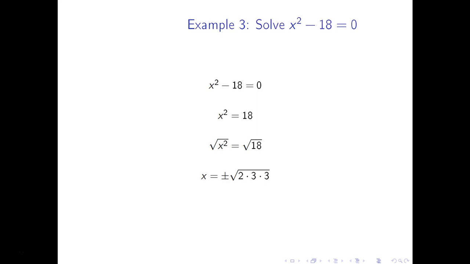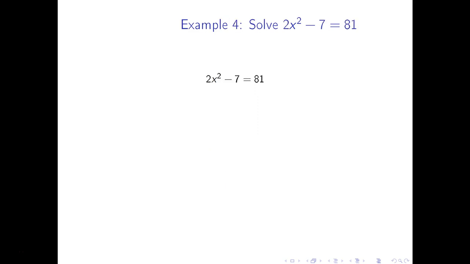So x is plus or minus the square root of 2 times 3 times 3, and that gives me plus or minus, well, I get a 3 on the outside and a square root of 2 on the inside. So again, we're simplifying radicals, but don't forget the plus or minus. That's absolutely critical for these problems. Okay, so